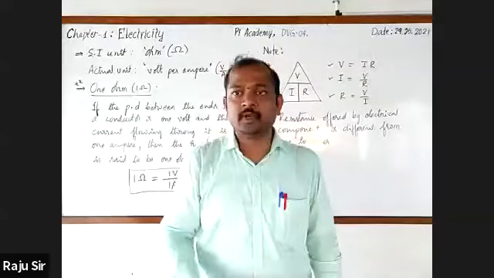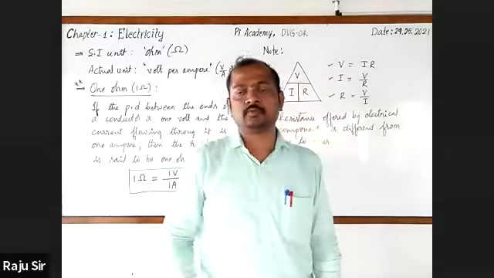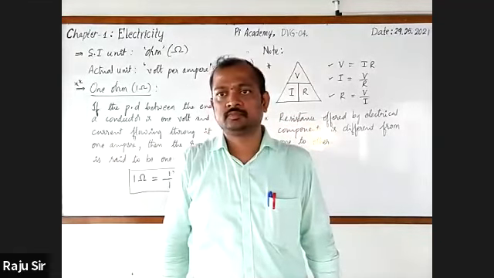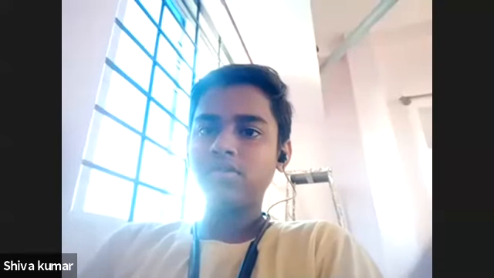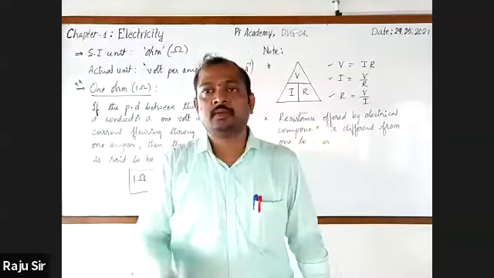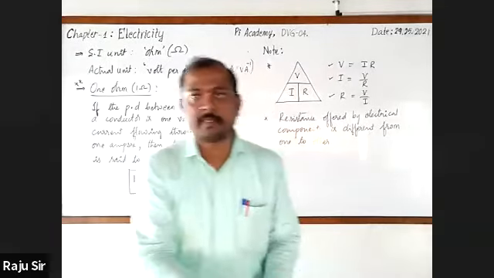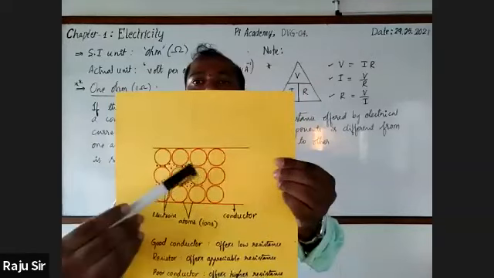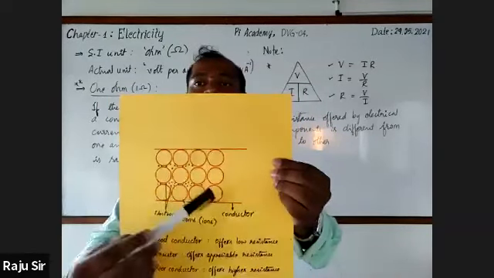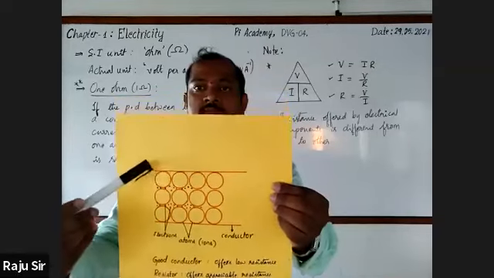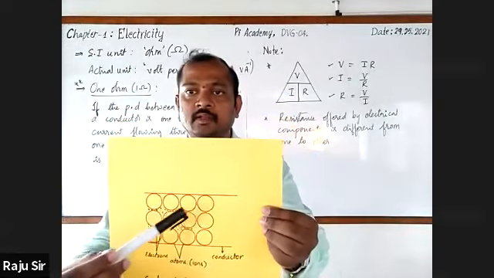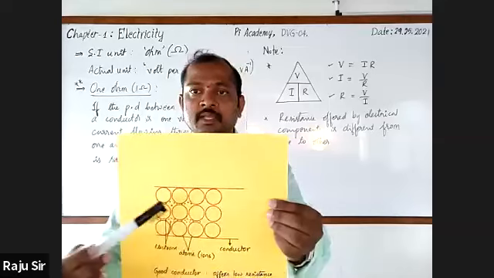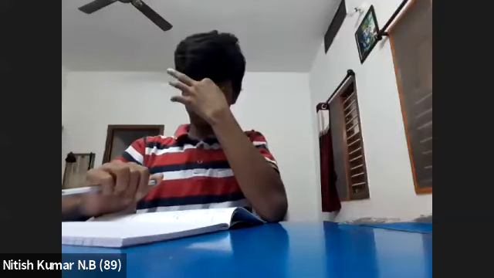Listen. A component in which electrons cannot flow: insulator. Got it? Please just observe. Here we have a chart. In this chart, I have shown the movement of the electrons in the solid. These are the atoms, and in whatever space is available, the electrons are moving.